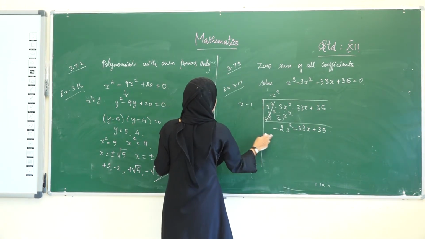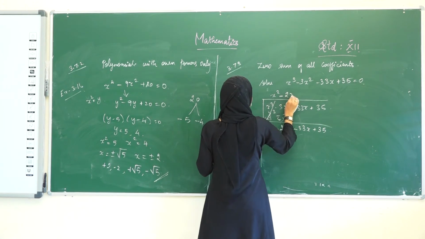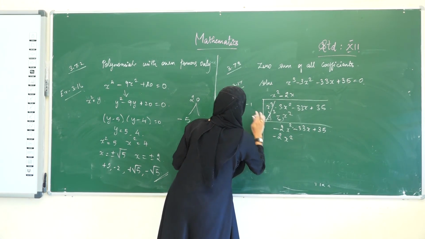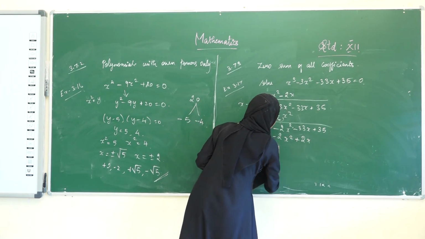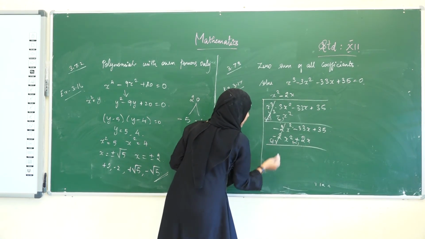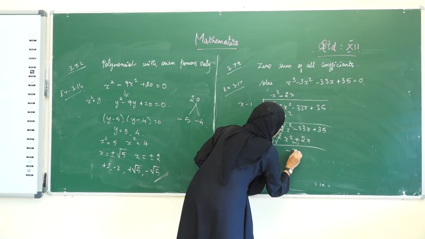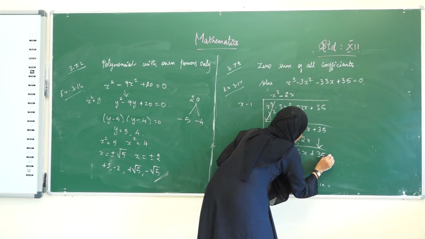Okay, consider this term. Here it is x, here it is minus 2x square. Therefore, we are going to multiply this with minus 2x. We get minus 2x square, minus into minus is plus 2x. Then change the symbol here too. This term gets cancelled. Minus 33x plus 2x is minus 31x